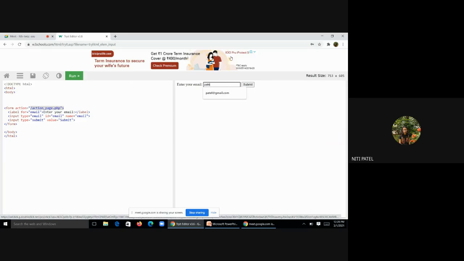If I type only Patel and try to submit, it shows that if it is an email, it should have @. If you have used this input type email but have not completed the email ID, and you try to submit, it will automatically show a message that you should have @. Now let us put @ and submit again.